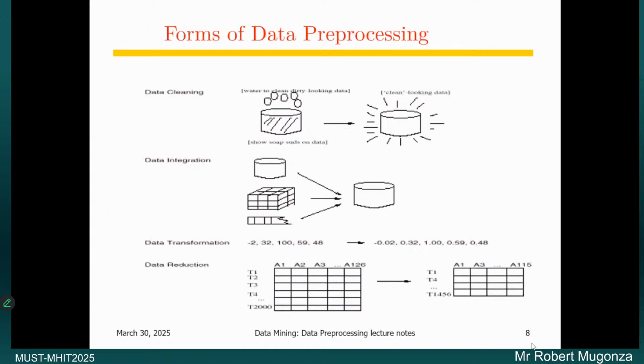Graphically, we can illustrate data cleaning. Say, for example, you have data with quite a lot of stones. Now, by simply doing a little winnowing, we are able to later on be left with very shiny, smart, clean, bright data. Okay, and so we were simply indicating that also for data integration, we have different data sources.